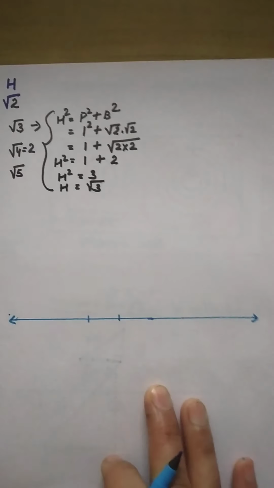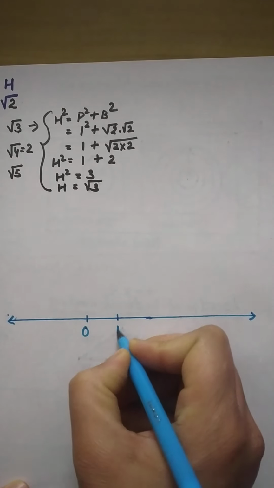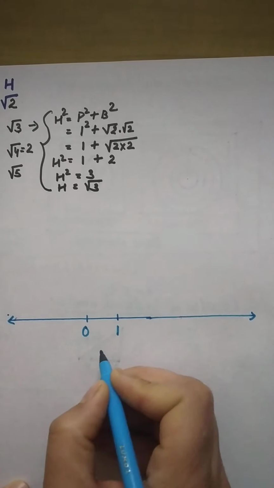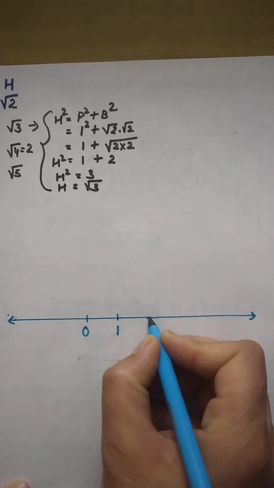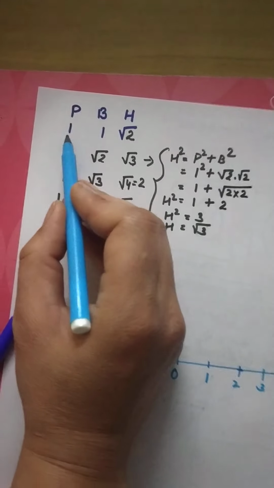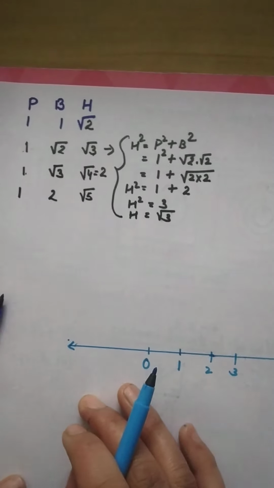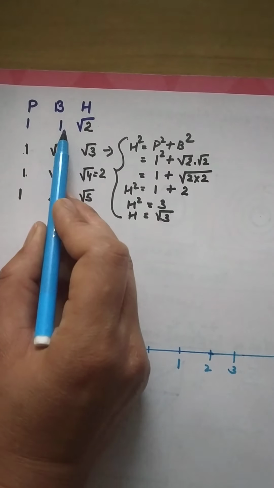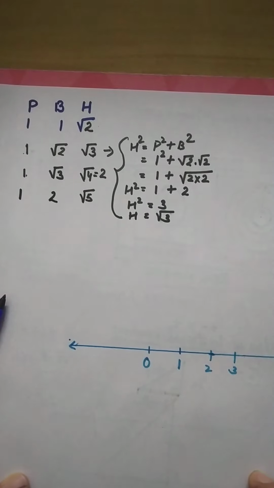What you have to do? You have to make a number line of your own unit. Any unit. One unit can be as long as you wish. Then what do you have to do? We'll start with 1 and 1 and root 2. We want a right angle triangle in which perpendicular is 1 unit and base is 1 unit, so that we can get root 2. Root 2 is the first irrational number, no?